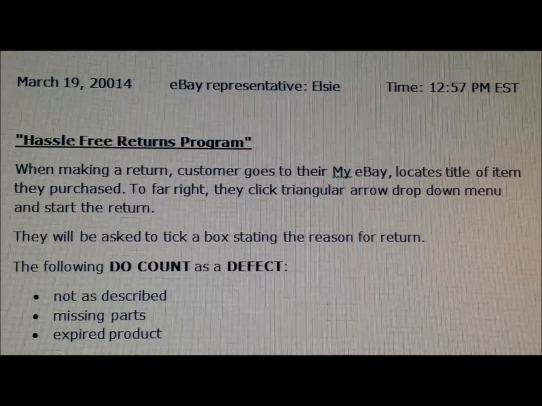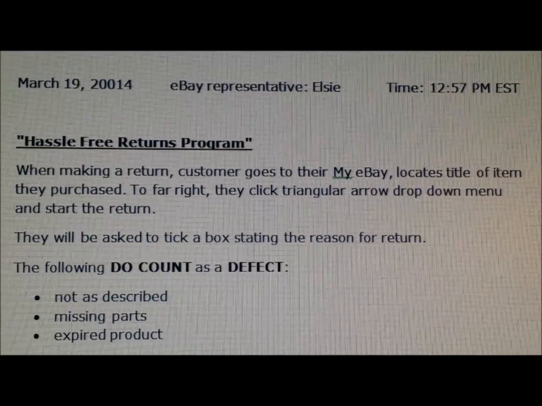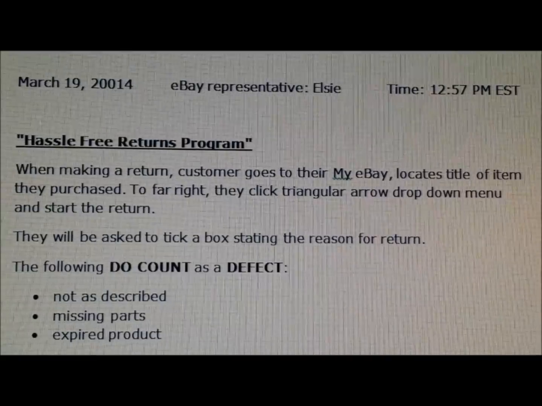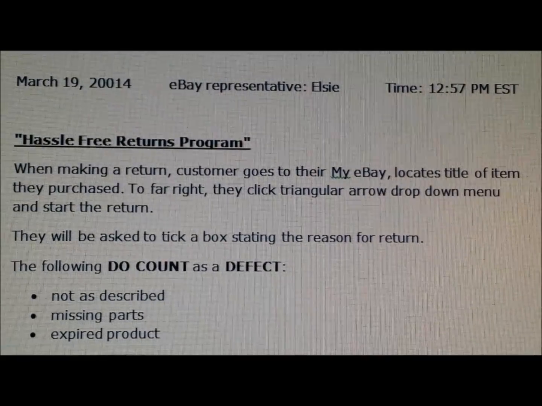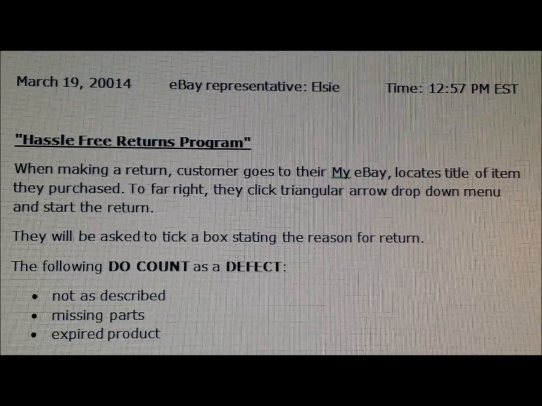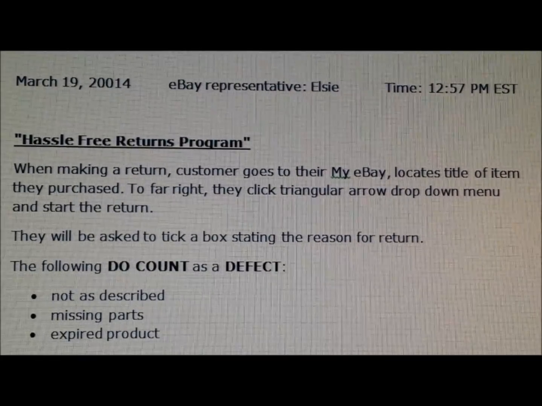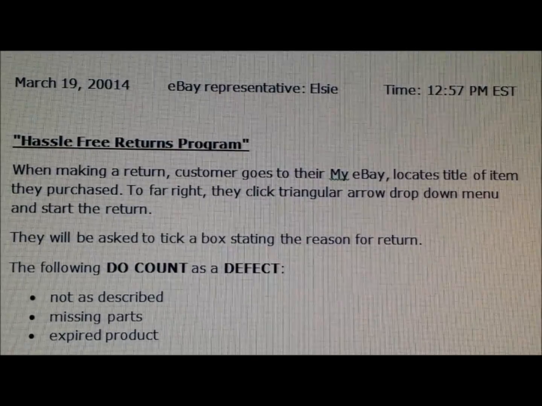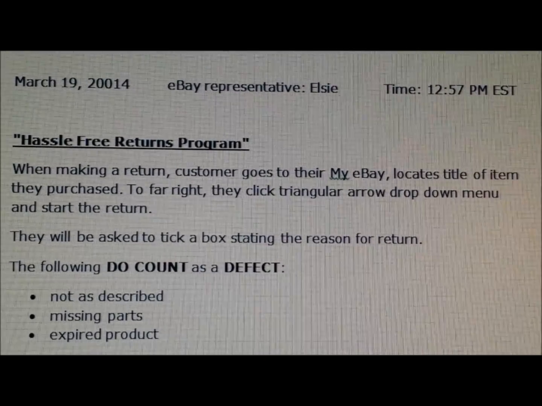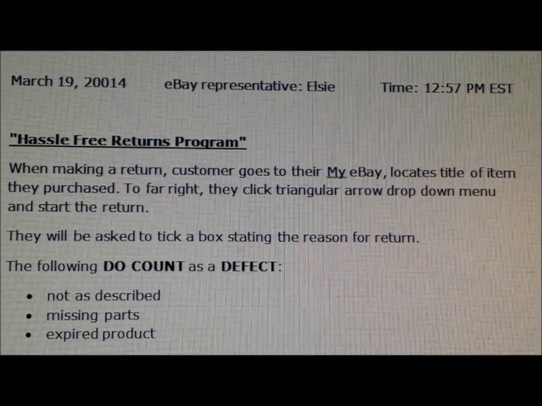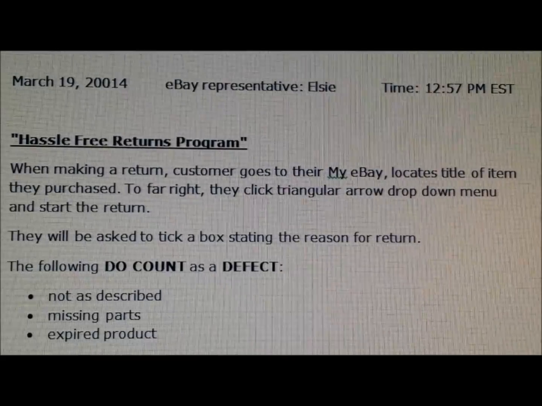Okay, so what happens when a customer wants to make a return and you had opted into the hassle-free return program? I just copy and paste this little paragraph here. I just tell them that they locate the item in My eBay. They look to the right. There's a little triangle that drops down, a little drop-down menu, and then they hit that they want to start a return.